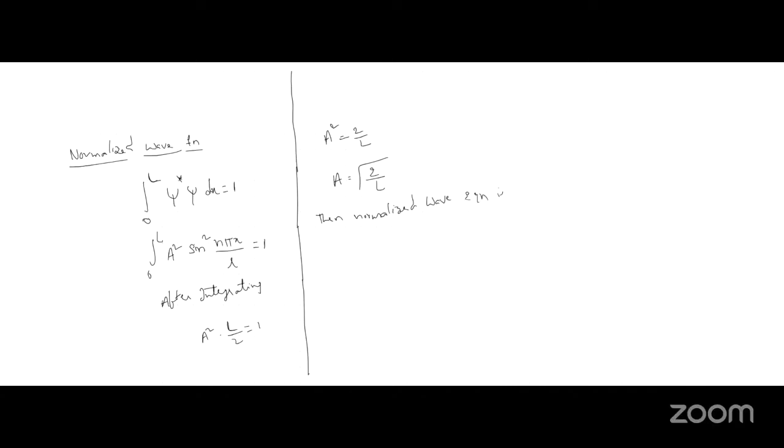Then the normalized wave equation, substituting that value, we will get psi of n equal to under root of 2 by L times sin of n pi x by L. Here,